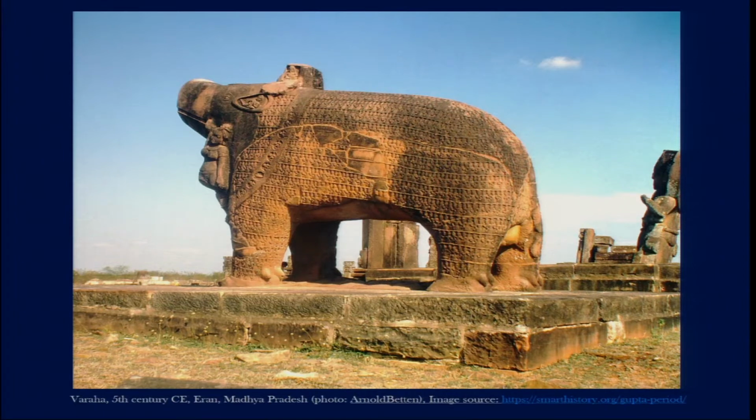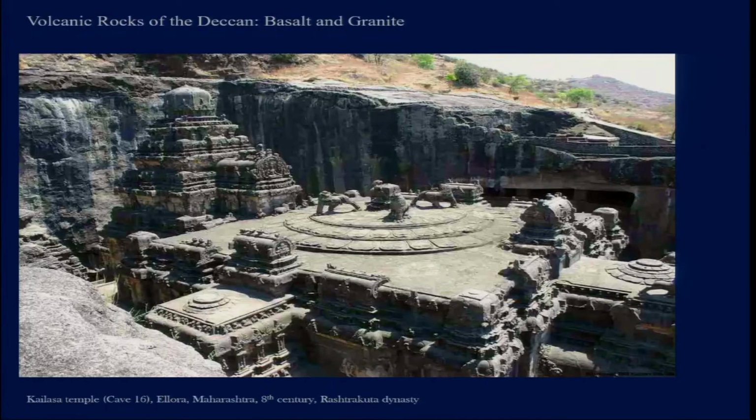So, on one hand we see this serene figure of Buddha, on the other hand we see this heroic figure of the boar. So, this is how the carving techniques, the utilization of material, and at the same time the vision for transforming the material into the sculpture, all contribute to the different identities of these sculptures. So, from there we will move on to talk about the other stones, and those will be the